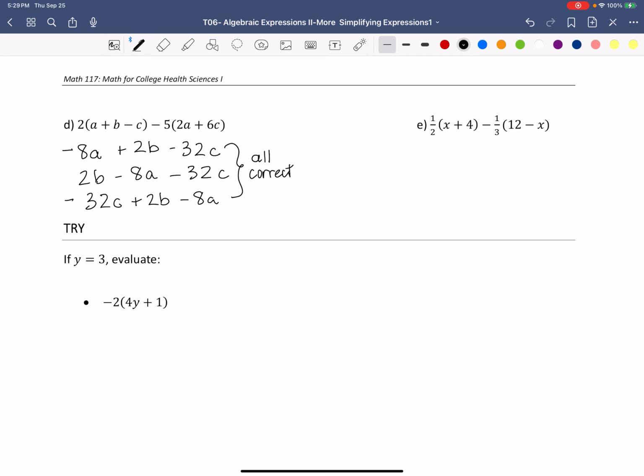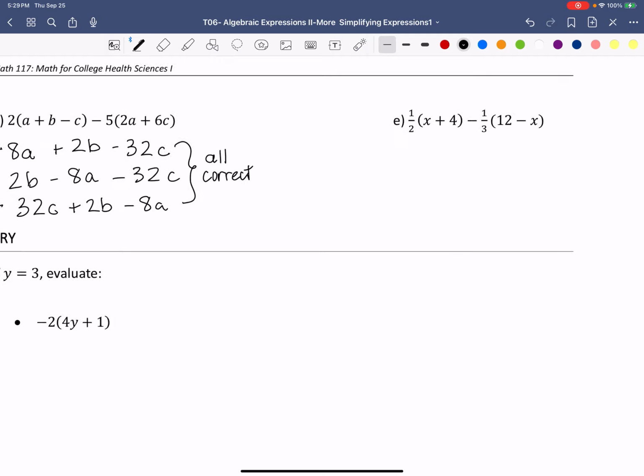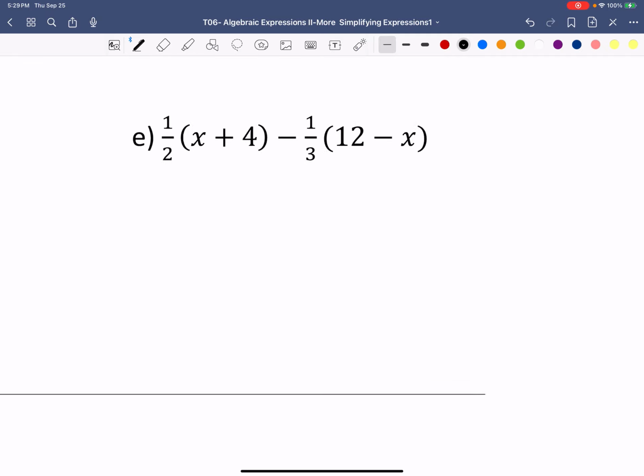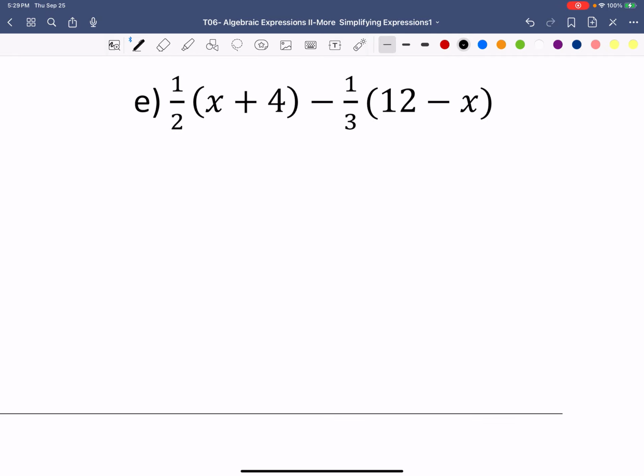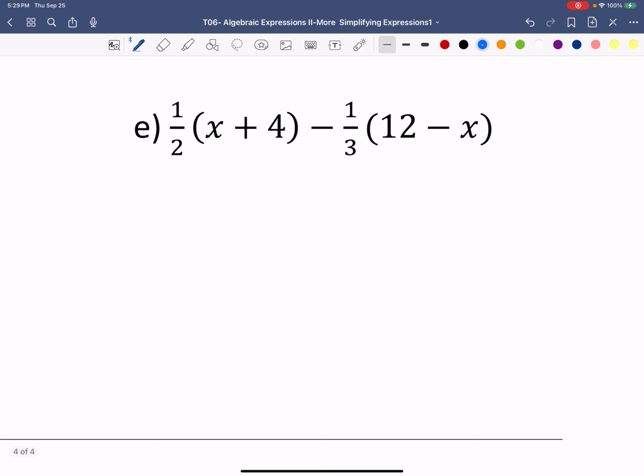Okay, this last one, E, has some fractions. So this one is definitely the most challenging so far that we've taken a look at. And definitely there's different ways of approaching this question. I'm going to break this down into some steps so that you can see, but certainly some of you might be able to jump a little faster